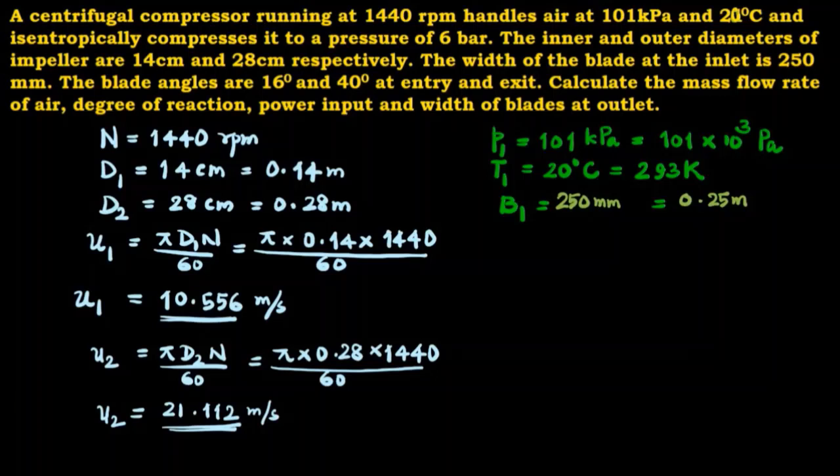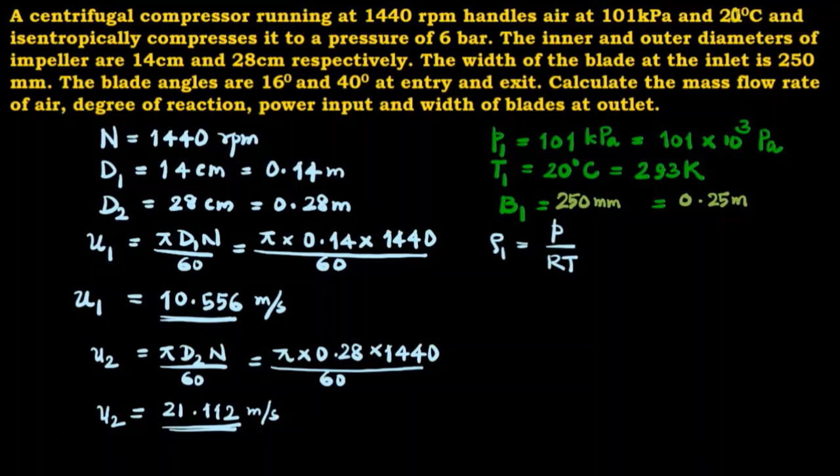So in order to obtain mass flow rate, we require the density of air at inlet and outlet of the compressor. Let the density at inlet be ρ1. We can find the density from the characteristic gas equation for ideal gases. PV is equal to MRT, where V is the volume, so P is equal to M by V into RT, and M by V is the density. So P is equal to ρRT, and ρ is equal to P by RT. So P by RT is the equation to find the density.